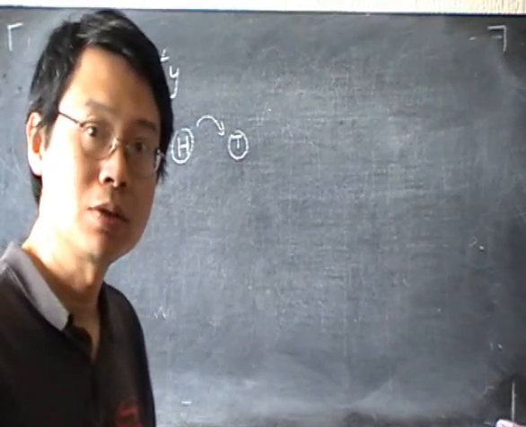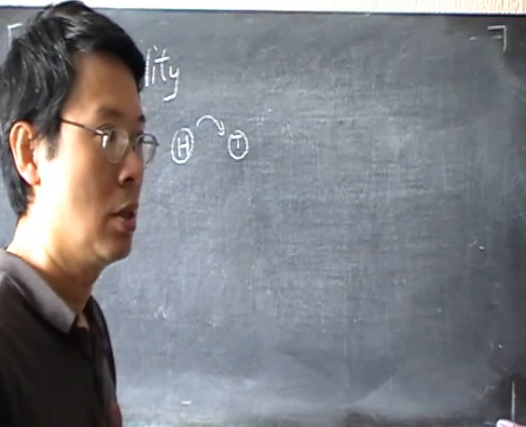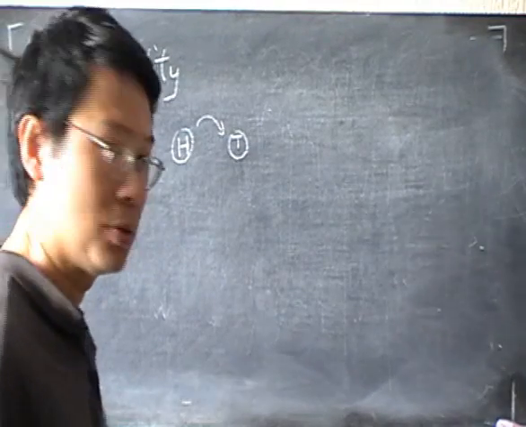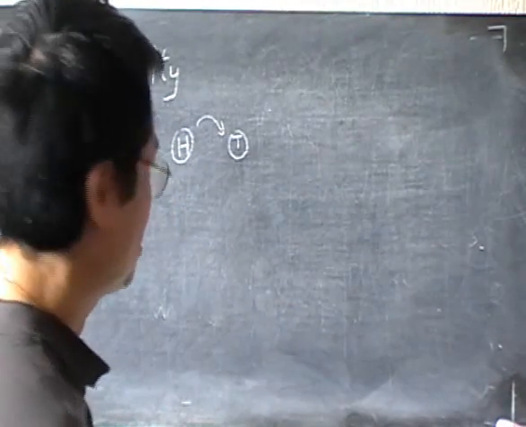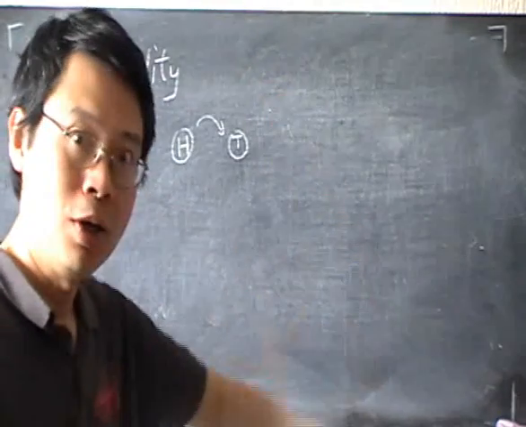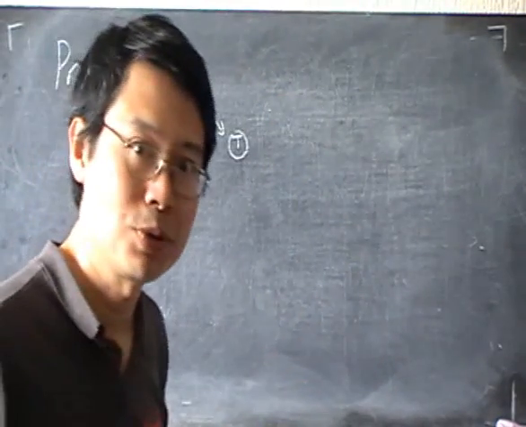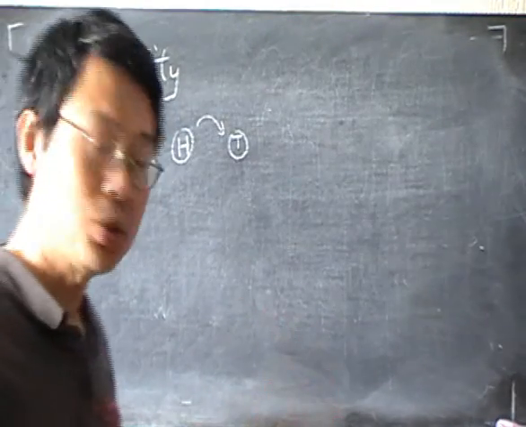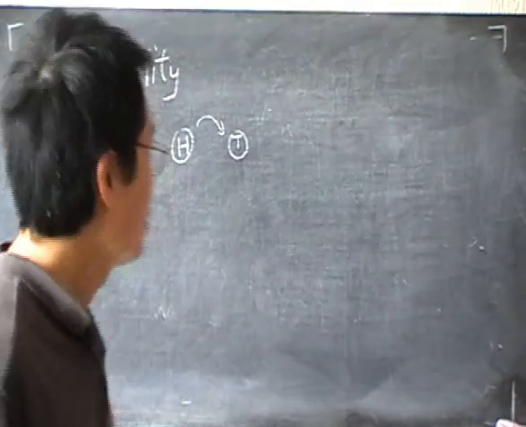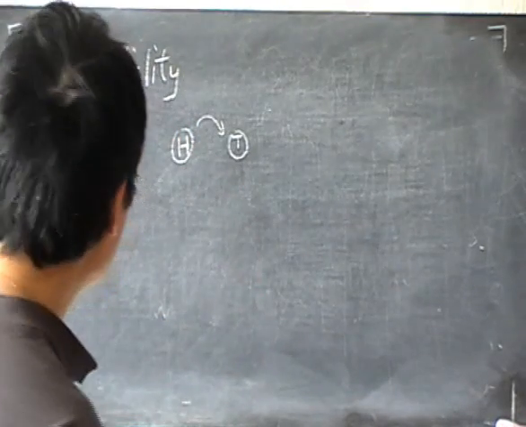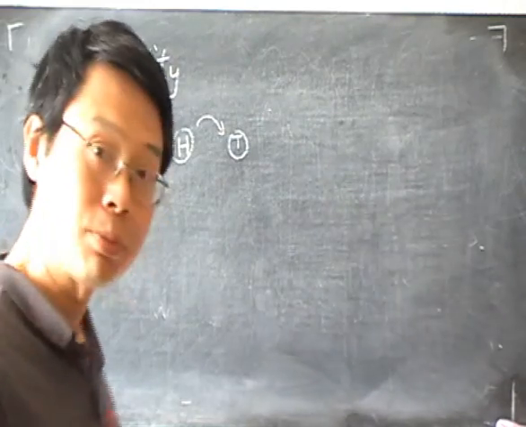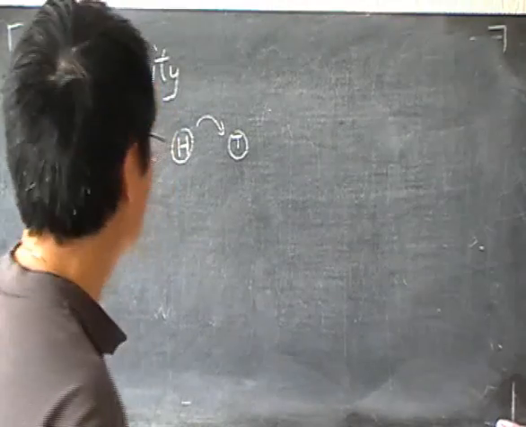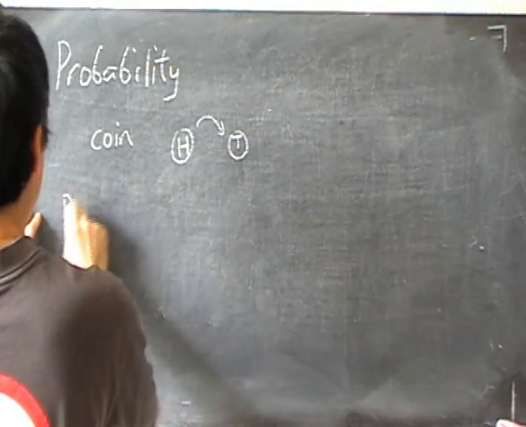it's usually difficult to know whether it's a head or a tail before you toss it. If you really toss it, that is, just throw it up and allow it to fall on the table and bounce a few times and then fall flat, we don't know which side faces up. So it can be a head or a tail. But we can think about the probability, for example, of getting a head. Let me write that down.